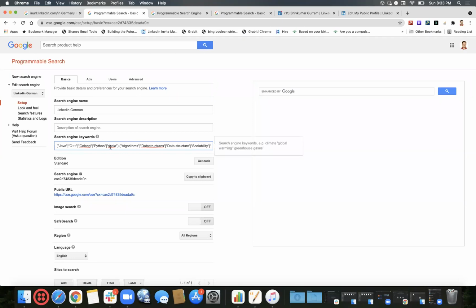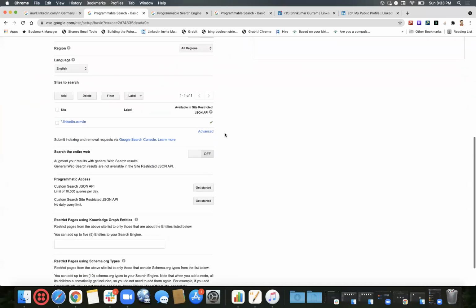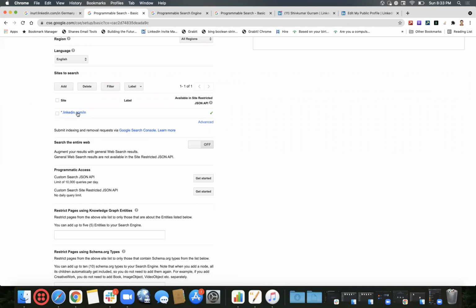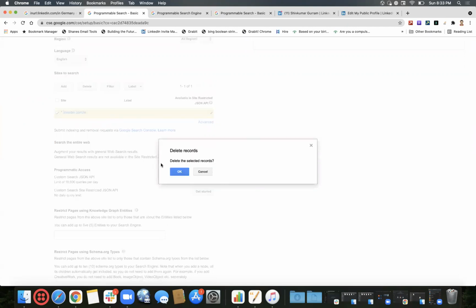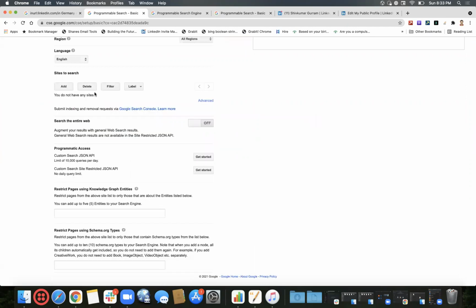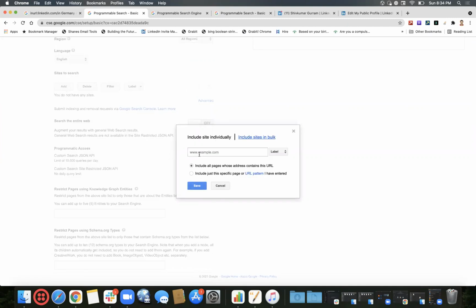So again, we mentioned Scala, and again we click out of this particular search term keyword box, and it started saving. After saving that, we give the URL pattern for the individual profiles on LinkedIn. Let's say I'll just remove this and add star.de.linkedin.com.